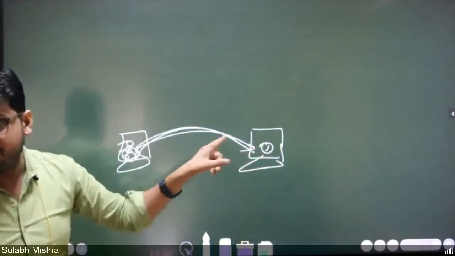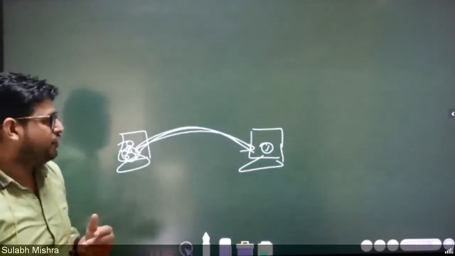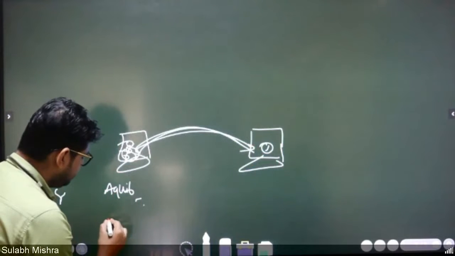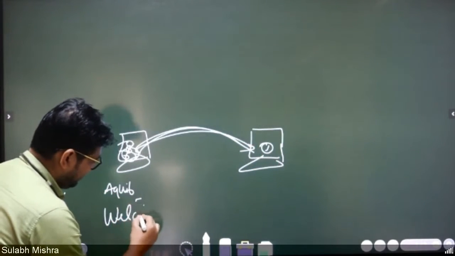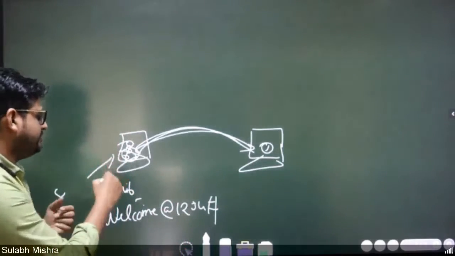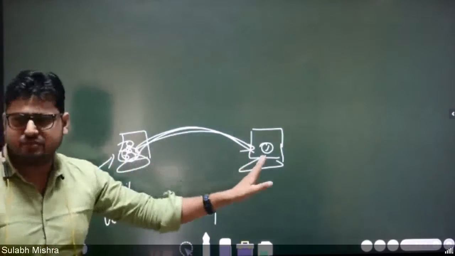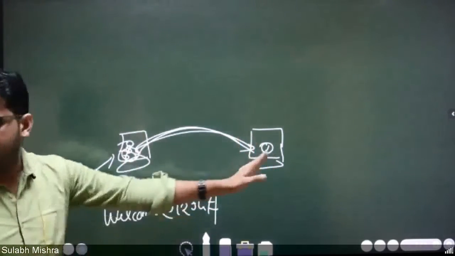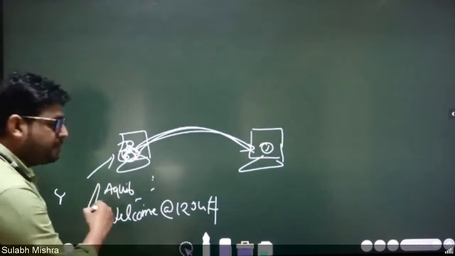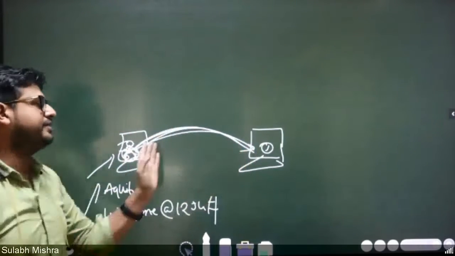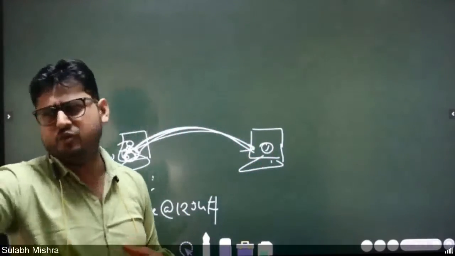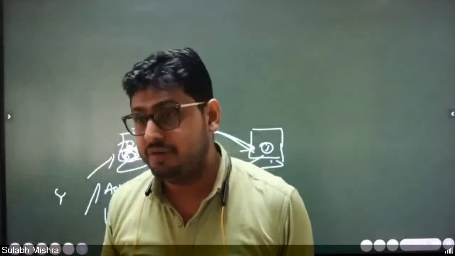Now, in order to log in, you have to give the login credential. I don't have any other credential, because my username is Akib, right? And the password is welcome@1234. Let's say any password he has given. Now he is using this username and password. He also has access to this system as per the Active Directory; with the same username he can access this system too, right? In the script that has been installed, he has defined his username and password. Whenever the script tries to transfer the file, it uses this username and password to log in to this machine and transfer the file. Recently, Akib got the notification that his password is going to expire in 2 days.